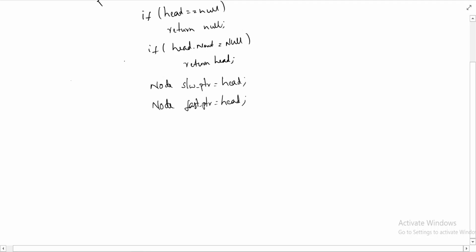Okay, so we need to jump the fast pointer twice, 2 steps, and the slow pointer 1 step. In order to jump 2 steps, we need to at least check whether the very next element is there or not. Once we check that the next element is there, we can check again if it has another next element or not. Then we can move the fast pointer. So what I mean is the check will be